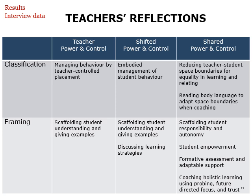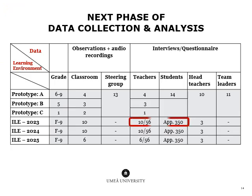So, very interesting ways of building trust. The next phase then, that I'm going to show some more data. The first phase in the new school, and we had the pandemic in between, so they actually got a few years before we could go there, and also before we got funded to do it. So they had a few years to practice, but like the principal said, they have taken it really, really slow